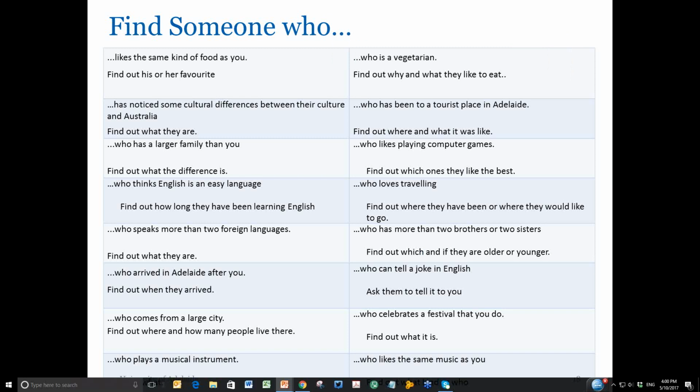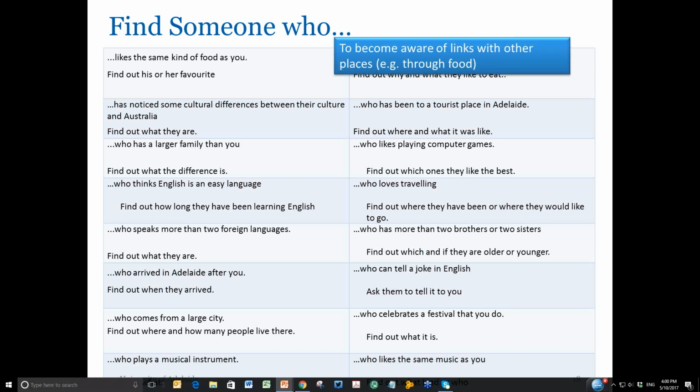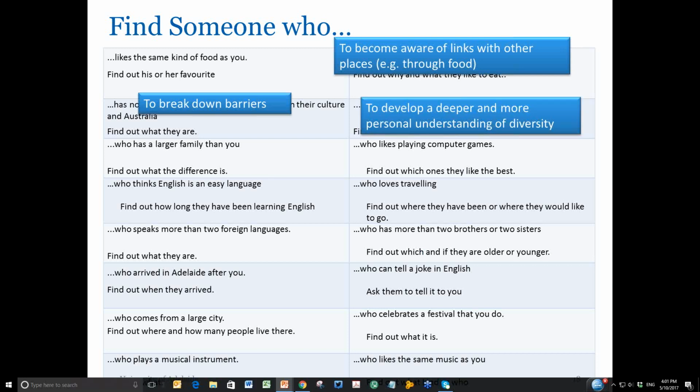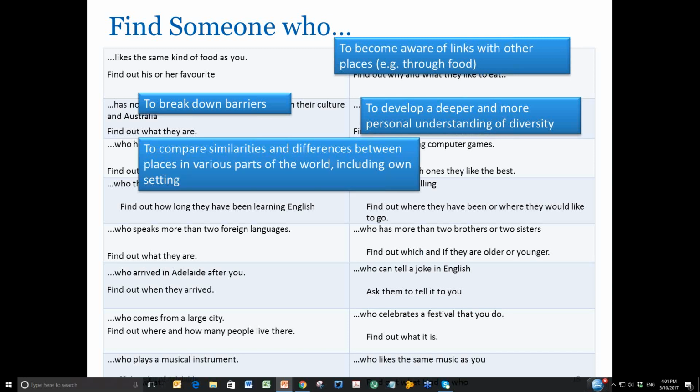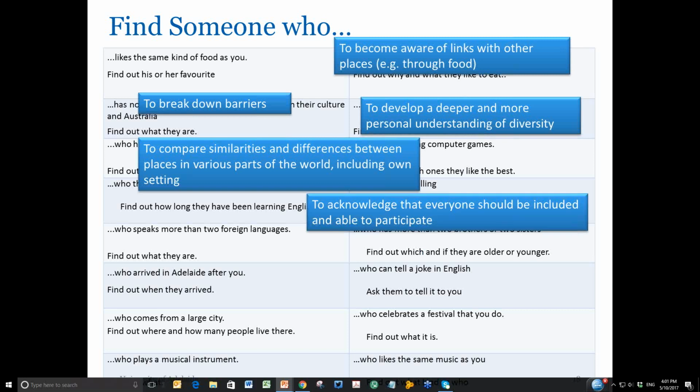So far, we've looked at our curriculum framework, which Paula went through, and it identifies the 3 domains and elements and outcomes within those domains. So looking at this Find Someone Who activity through that lens, we can see the outcomes of this activity within an ICC program. So they could be awareness of links with other places, e.g. through food, to break down barriers, develop deeper and more personal understanding of diversity, to compare similarities and differences between places in various parts of the world, including their own, to acknowledge that everyone should be included and able to participate,